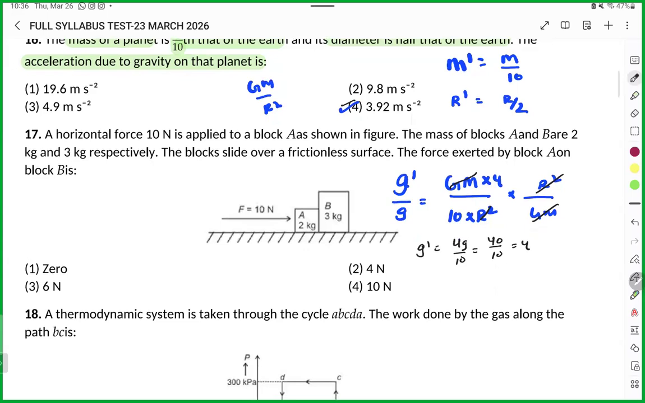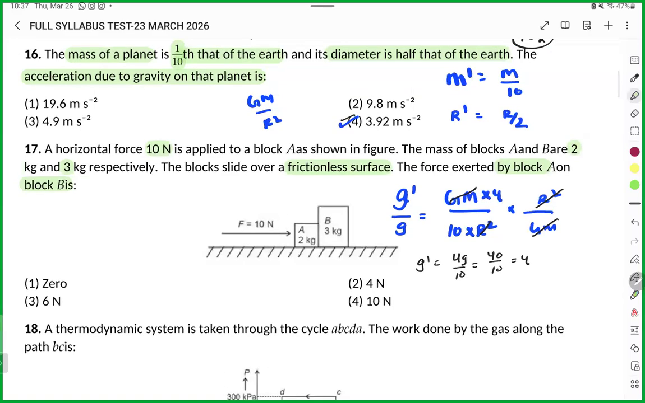सॉल्व क्वेश्चन नंबर 17। हॉरिजॉन्टल फोर्स है 10 न्यूटन। A और B ब्लॉक हैं, each of mass 2 kg और 3 kg। फ्रिक्शनलेस सरफेस है। फोर्स एक्सर्टेड बाय ब्लॉक A ऑन B इज। Recently we did this, so मैं ज्यादा नहीं पढ़ाऊंगा, but I will explain the concept once for revision। ठीक है,